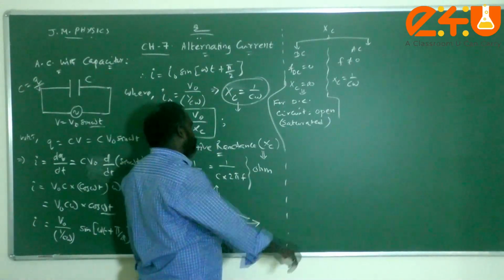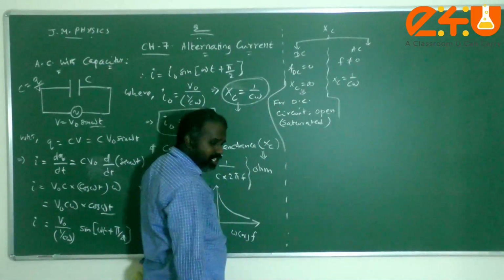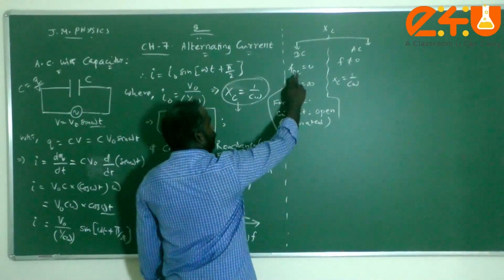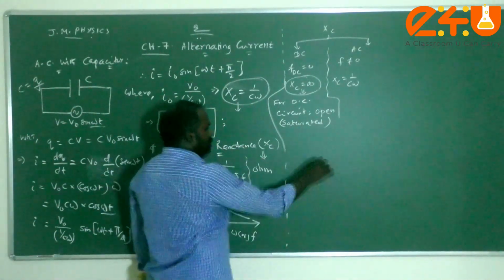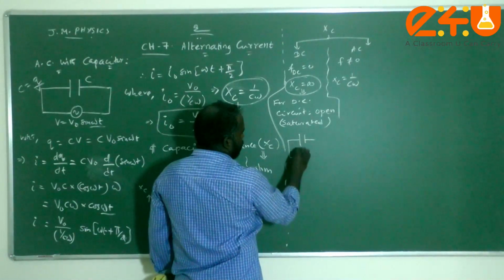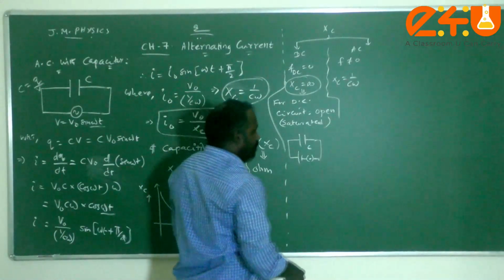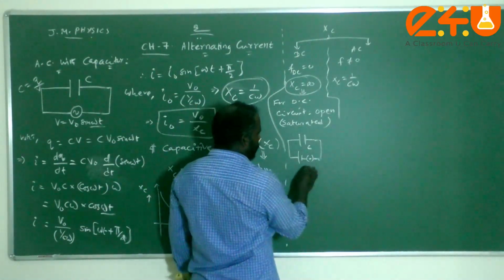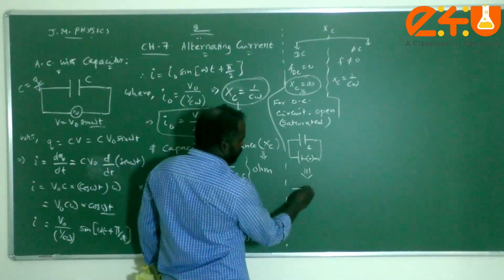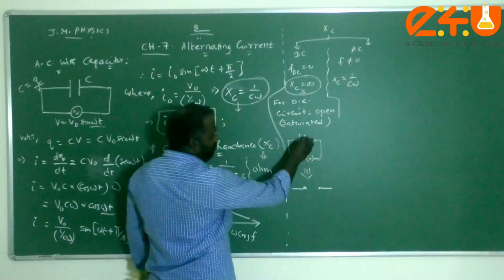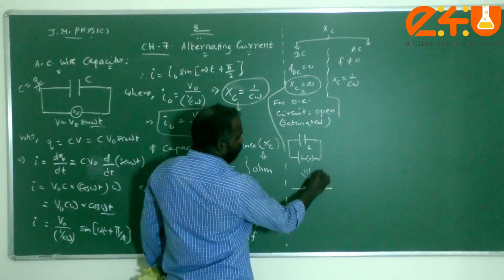Okay. Now please see that in the saturated condition, that means when the capacitor is fully charged, when it is connected with the DC source, since the frequency of the DC source is 0, their reactance will be infinity. That means whenever a capacitor is connected with the DC source or DC supply, if it is fully charged, then this capacitor can be treated as an open circuit. Capacitor is treated as to be what children? Open circuit. That means the circuit is not closed. That means whether the capacitor is present or not, both will be the same. So it will act as an open circuit.